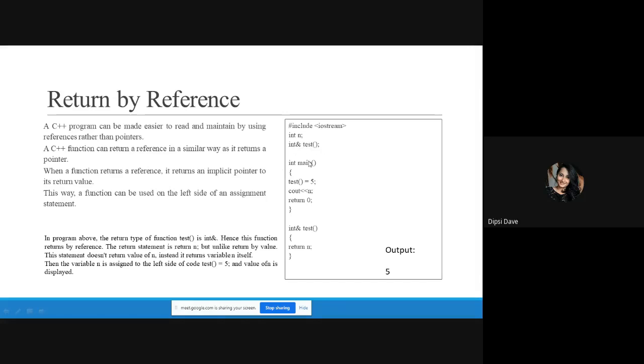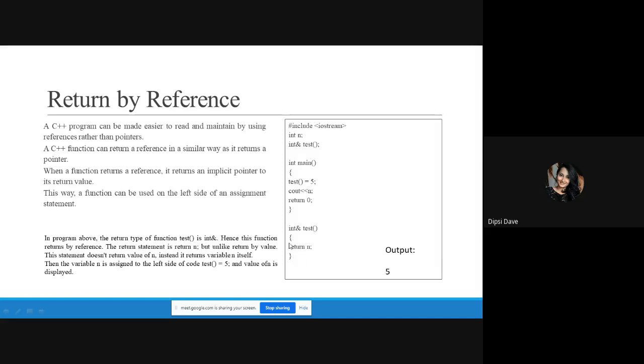Okay, execution starts from main. What we have written over here is a function call equals to 5. We have not seen this type of syntax in C language, but it is there in C++. And what we are doing is we are just trying to print the value of n. Now, whenever this function call is encountered, what will happen? It will return to this statement.